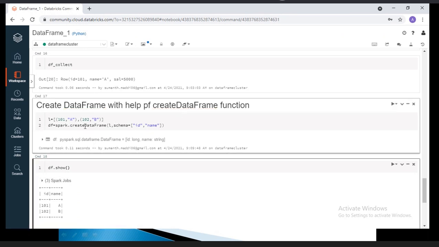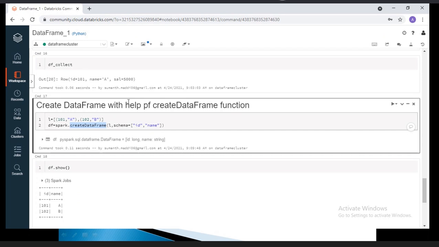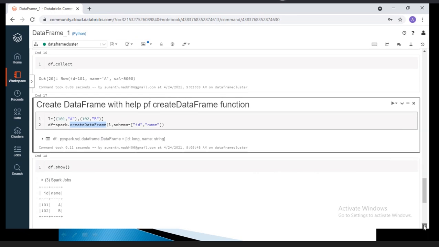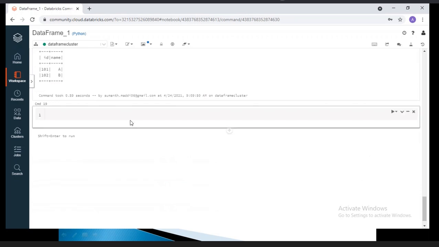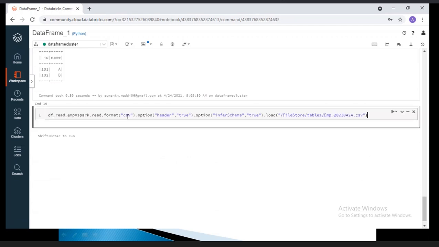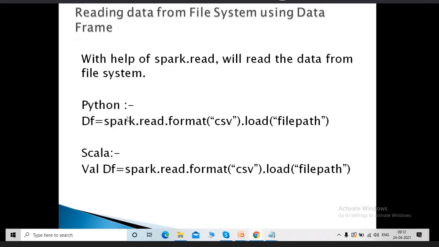This is a 100% interview question. Forget about the interview question, you will 100% use it in real time, because we create some empty RDDs, especially in real time. So what is the next requirement? I want to read the data from multiple files.